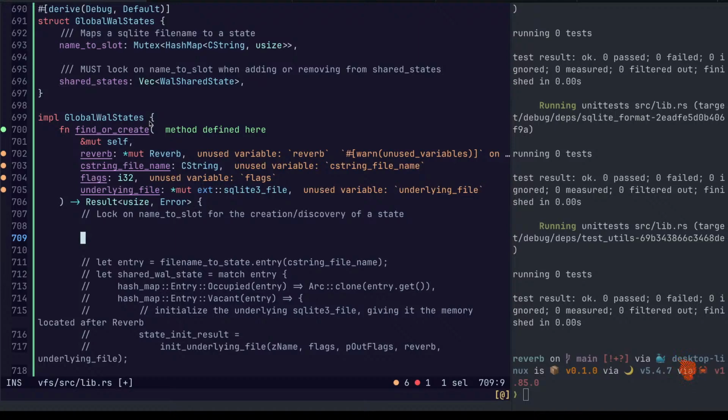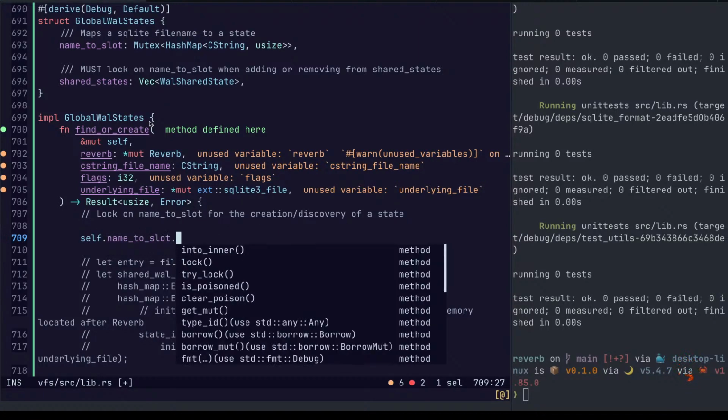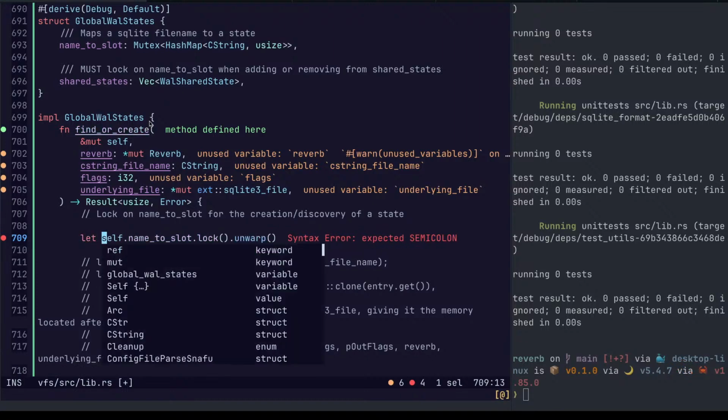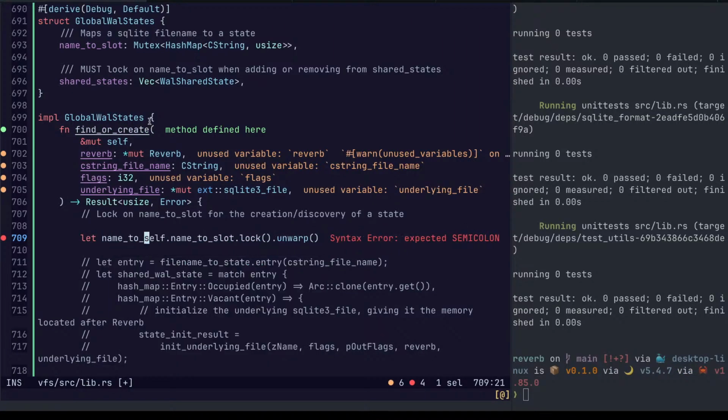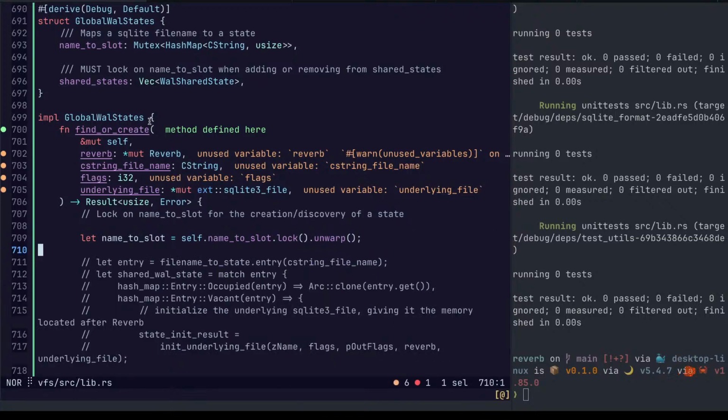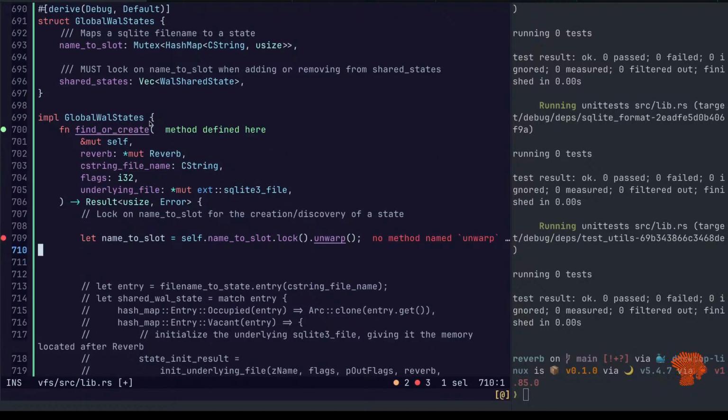First thing we do is self.name_to_slot.write, dot lock. Yeah, that's a reference to that. We'll drop it at the end.